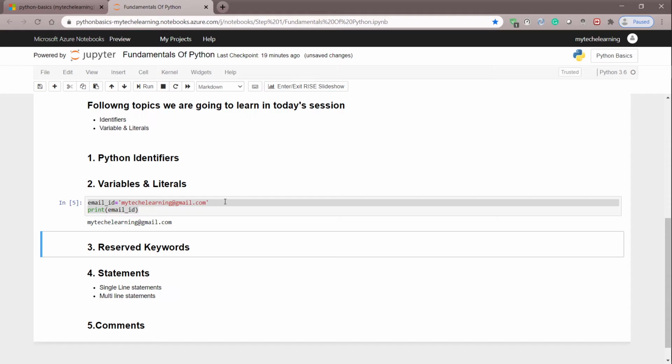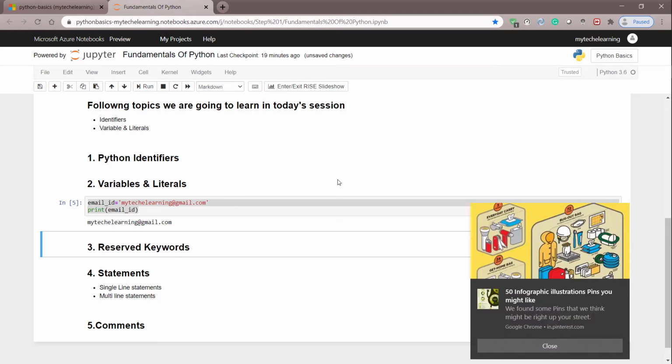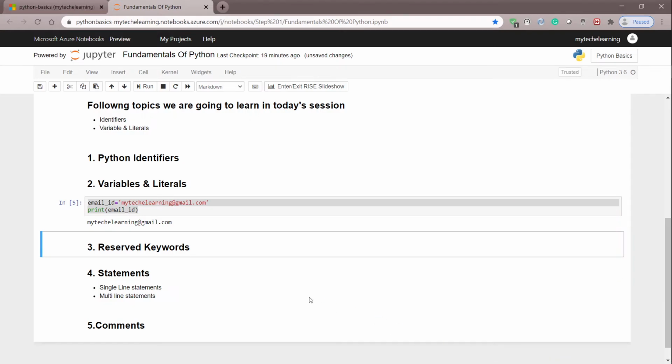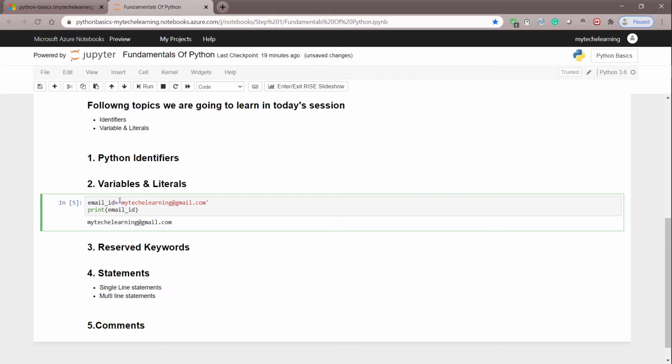Guys, always remember to prefer using a double quote. Why? Because in your sentences or in your variable declarations, it should not be the case that an apostrophe comes into the picture. So my preference is always to consider a double quote, not the single quote. That's one thing.